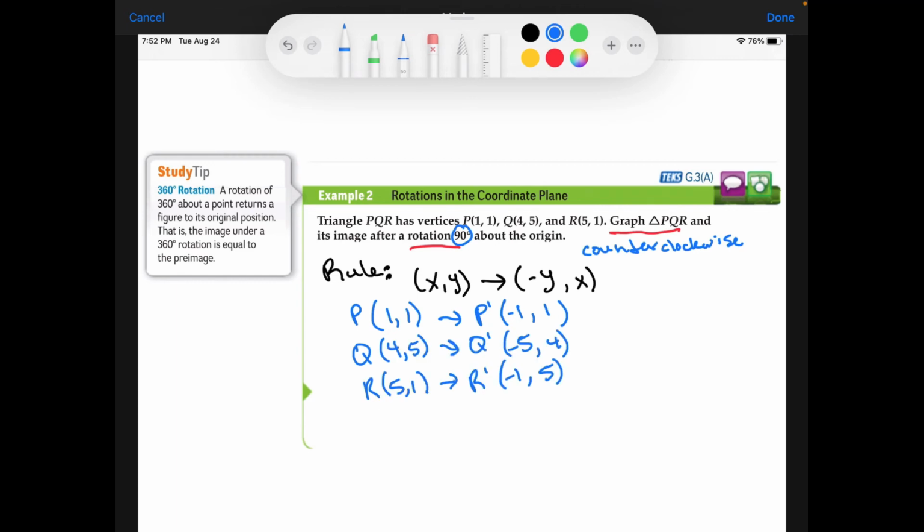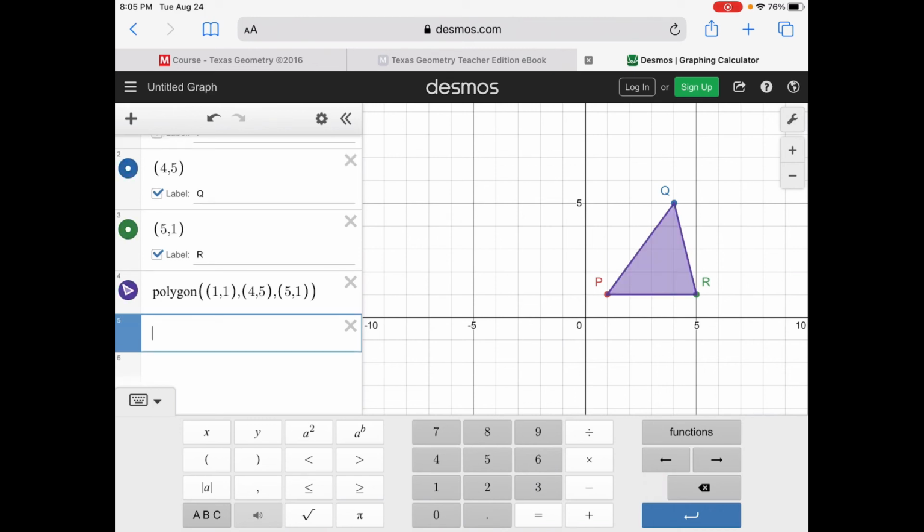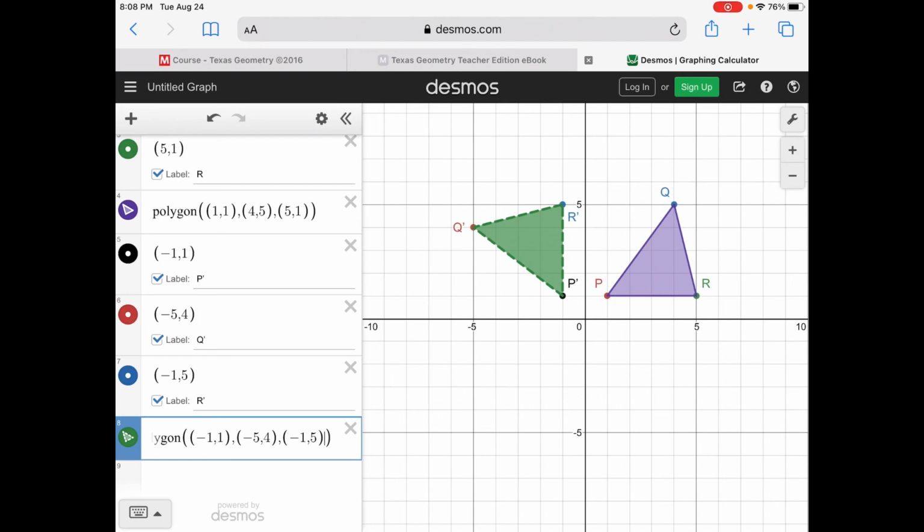Okay, so now that I have all of my transformations and all my prime points, they also want us to graph this, and so we can go ahead and graph this using Desmos. So here I have my pre-image, this is the triangle. This is how it would look. So now I'm going to plot the points for my image and see how it looks. So now I have, as you can see, after the 90-degree rotation, in green, my triangle,